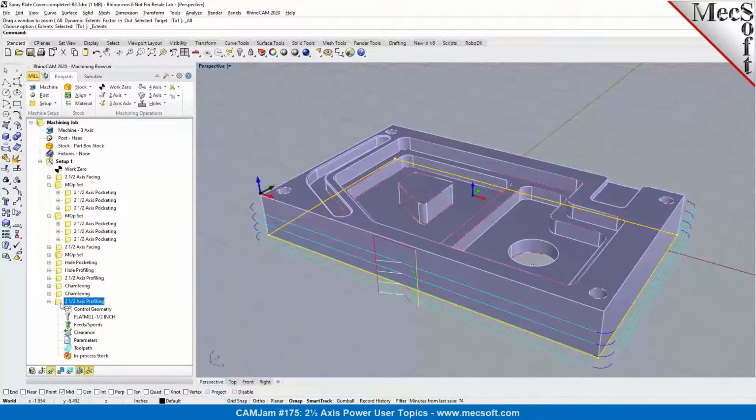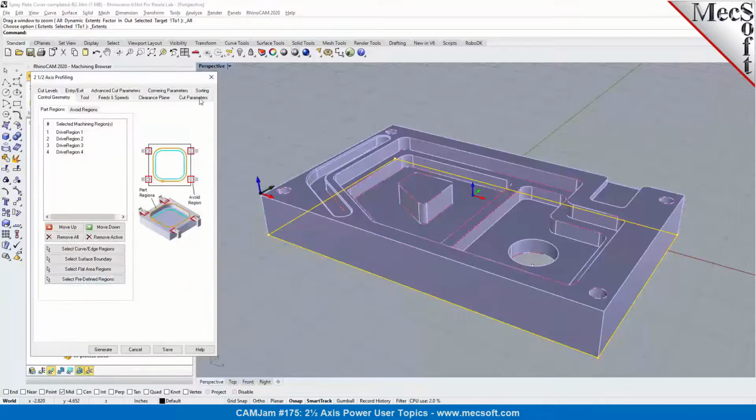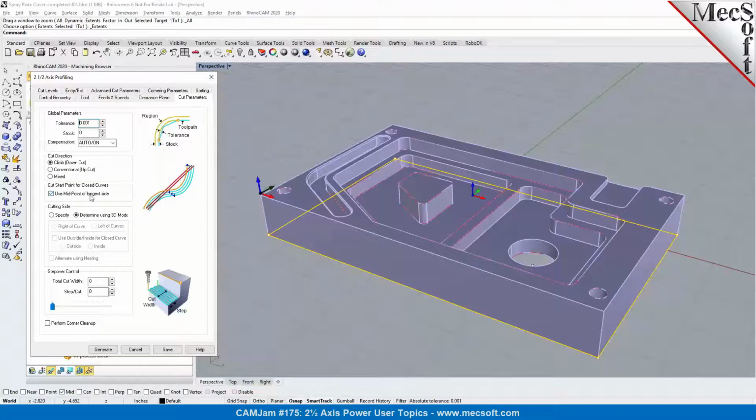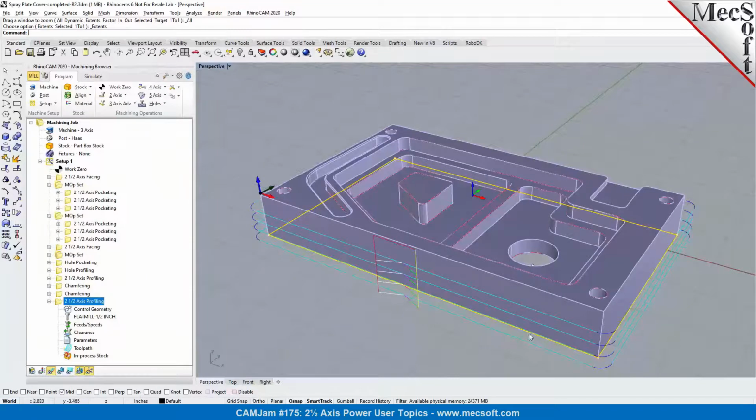Now, when we program a profile operation, typically it uses the start point of the curve for the location where the entry and exit is applied. Now, when you select a chain of face edges, the start point is basically utilized from the first face edge that you select for the start point of the curve. Now, in the profiling operation, by default, use midpoint of the longest side is chosen for the location of the start point. So when this box is checked, the start point is determined based on the midpoint of the longest